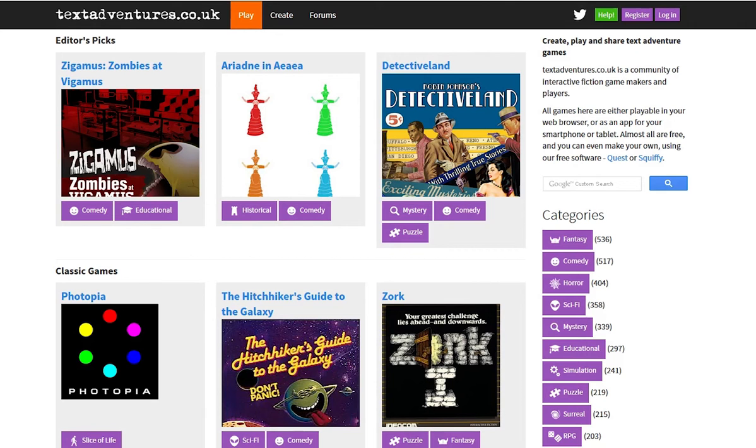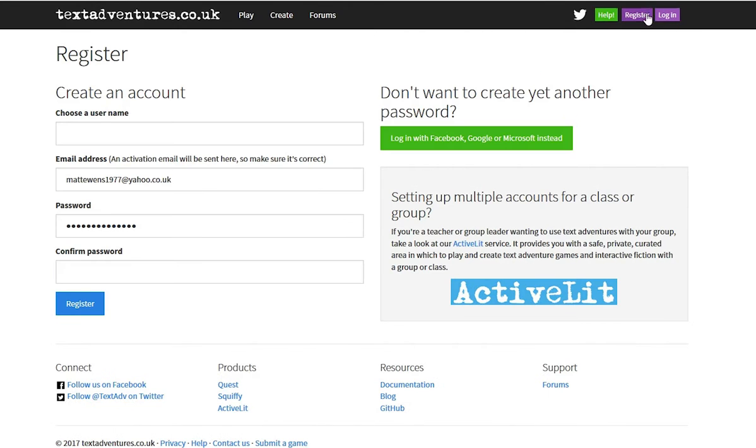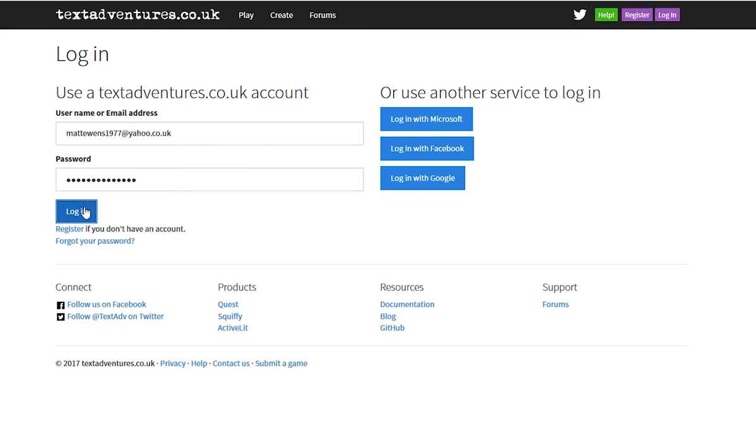What you'll have to do is register an account. So go to the top right hand corner, click on register, enter your email address, choose a username, enter in a password and confirm that, and if the username is available you can register a new account. You'll need to then verify your email address by visiting your email and clicking on the link sent by the Text Adventures website. Once you've done that, log into your account